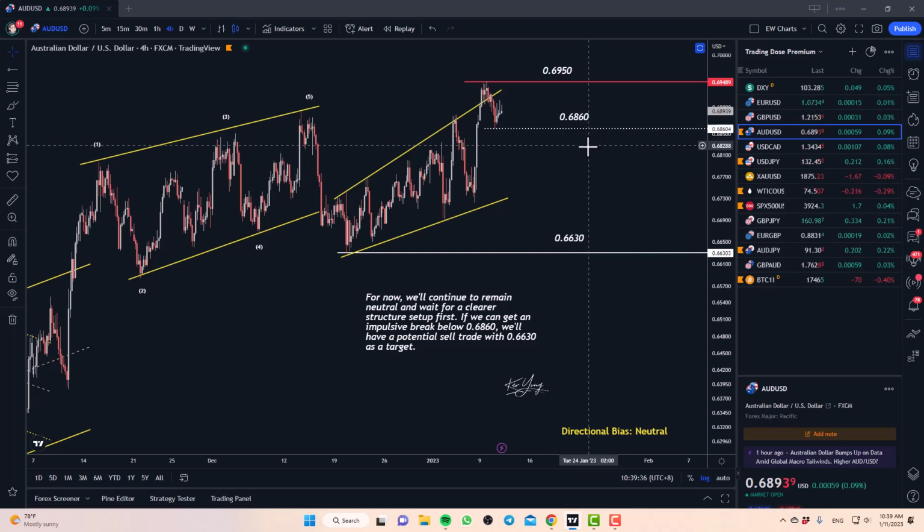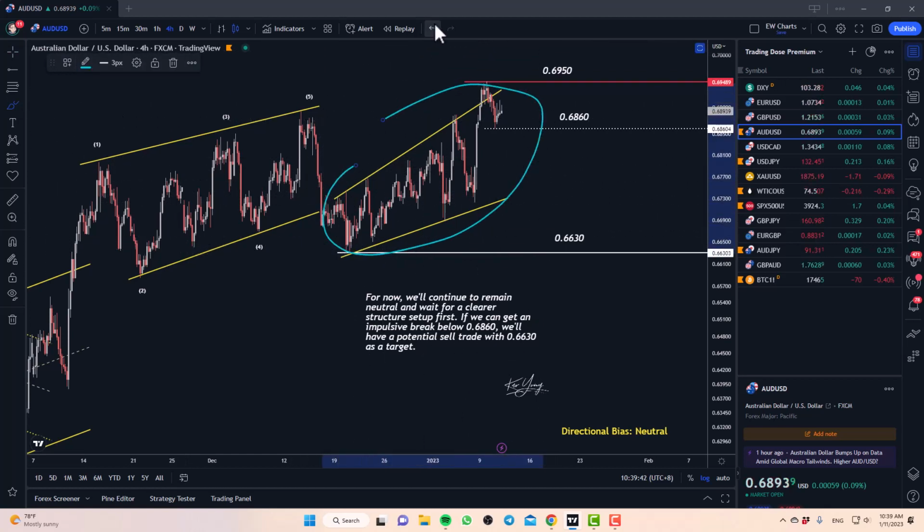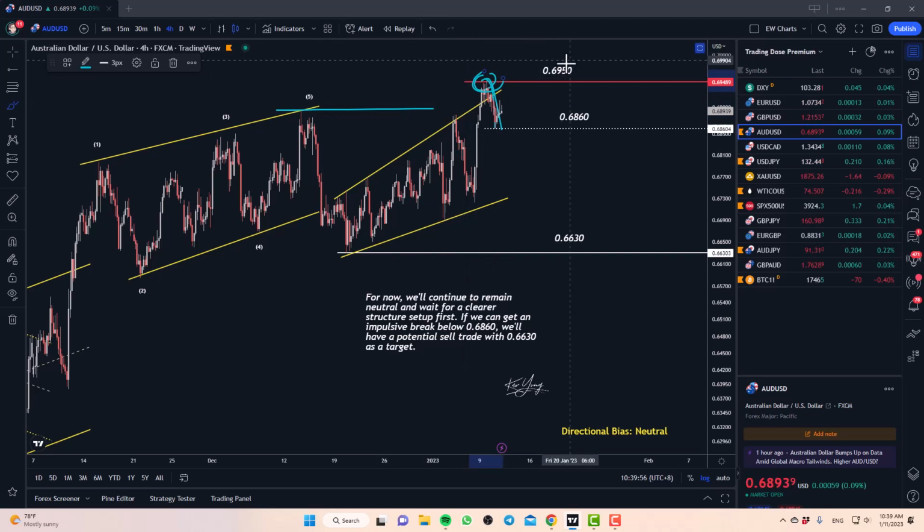Right, so in terms of Aussie dollar over here, what we're seeing is that we do have this structure that looks pretty corrective in nature. We have a small little bounce above that high here, which kind of broke it, but the market then pulled back quite immediately. So that potentially shows us that maybe this can be a fake break around the level of 6950. And of course, what we are waiting out for is today and tomorrow, just before that